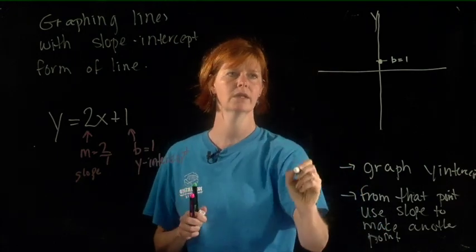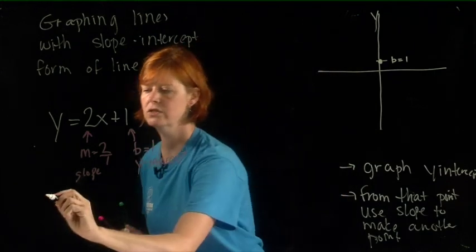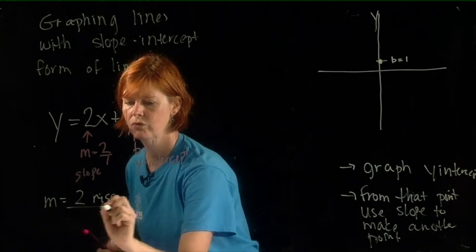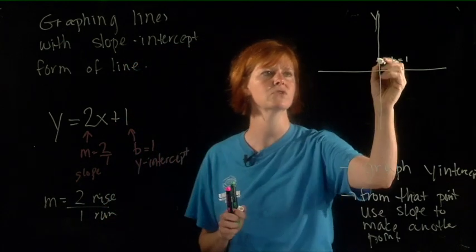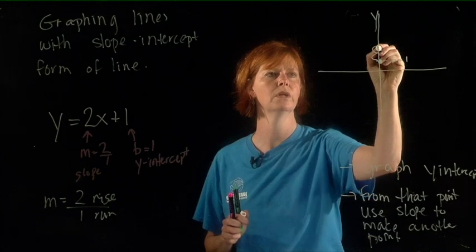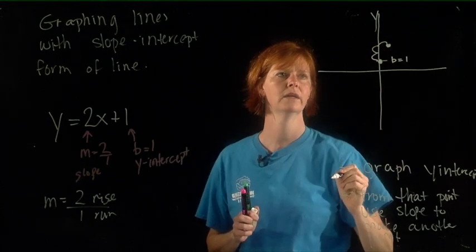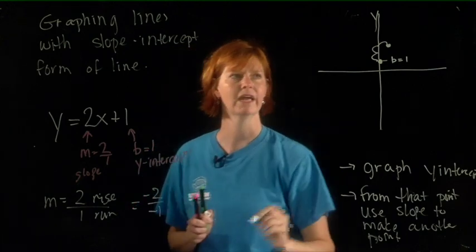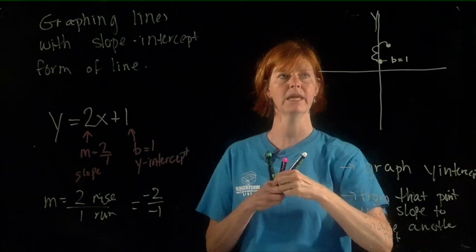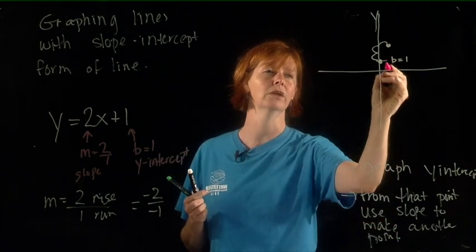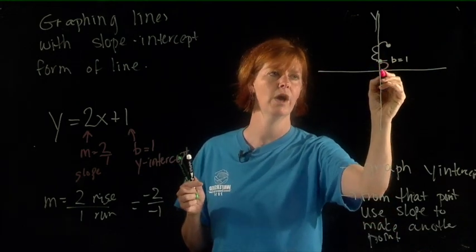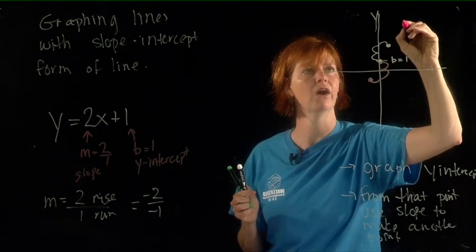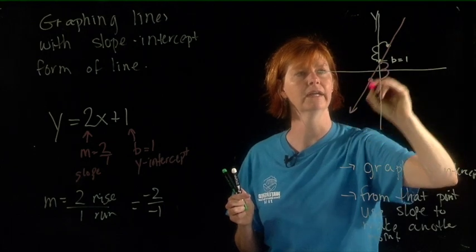Rise to, let's see, I'm going to write this so it doesn't, rise to, slope equals rise over run. Those are both positive, so I'm going to rise 2 and run 1. Now remember, I could have done -2 over -1, so I'm going to do that here in pink. Now, these lines will be what we call collinear. They all line up. Okay, 1, 2, then back 1. But look, how pleasant is that? These are in line. Okay,